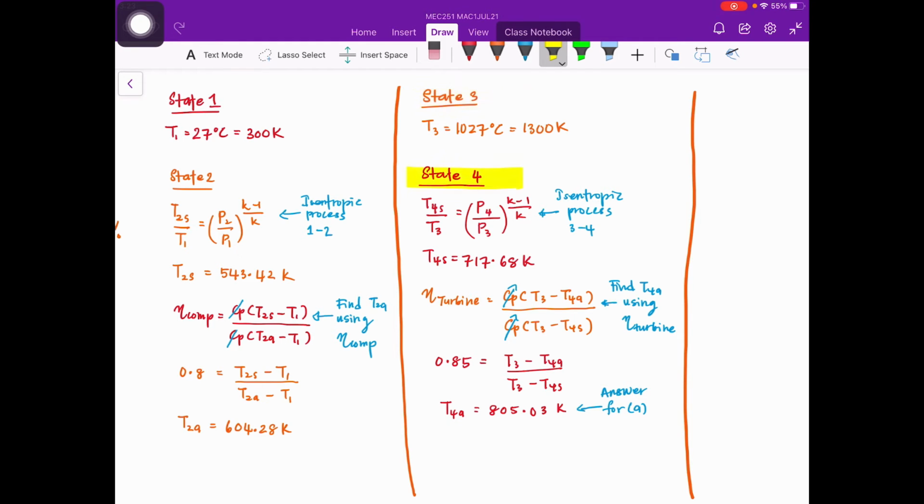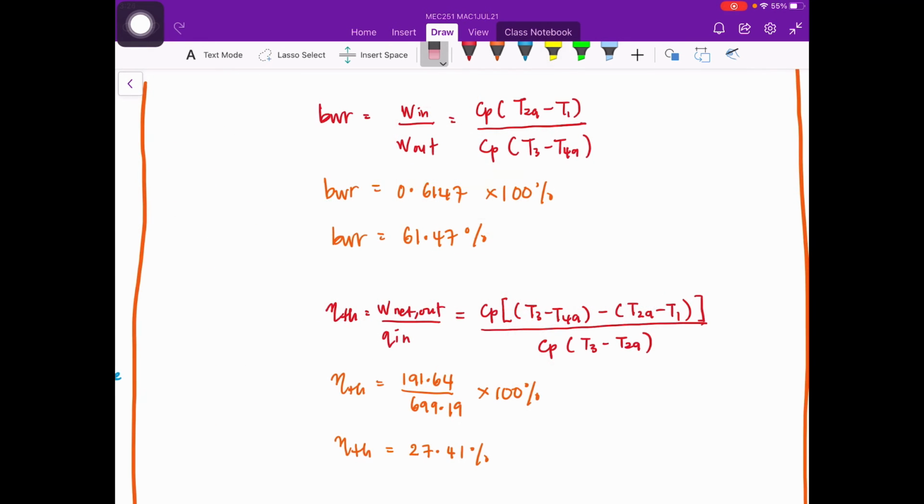For state 4, we are going to determine the temperature for state 4S by using the isentropic relationship for the process 3 to 4. Then we are going to determine the actual temperature at state 4 by using the isentropic efficiency for the turbine. Now let's have a look at item B requested by this question, which is the back